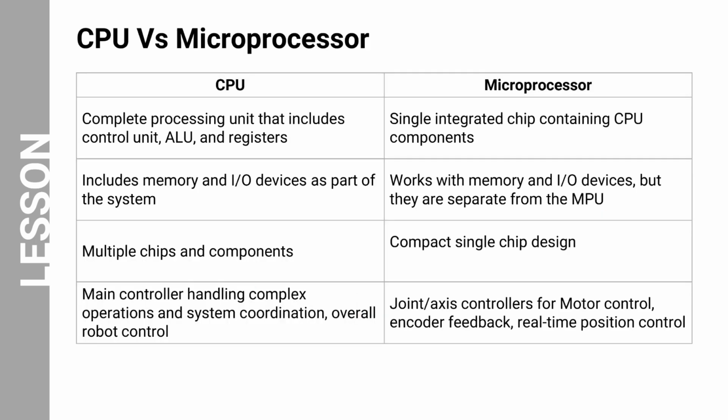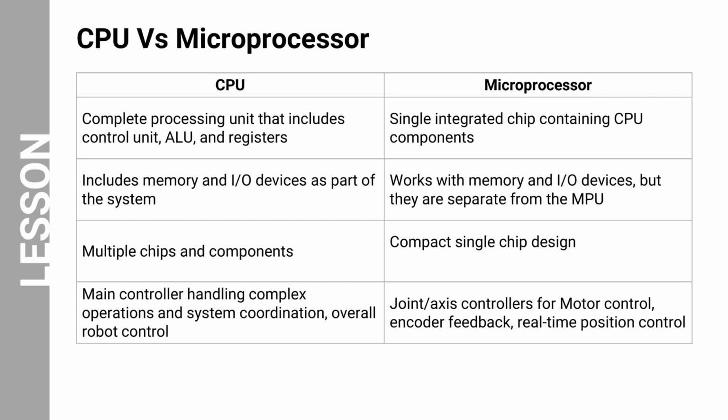When comparing CPUs and microprocessors, there are key differences in how they're built and what they do. A CPU is a complete processing unit that comes with all the parts: control unit, ALU, and registers, plus memory and input-output devices built right into the system. It uses multiple chips and components spread across a board to handle complex operations and overall system control, like managing